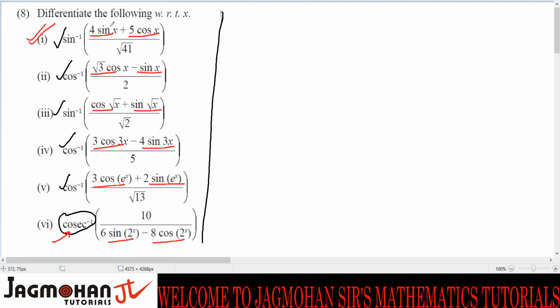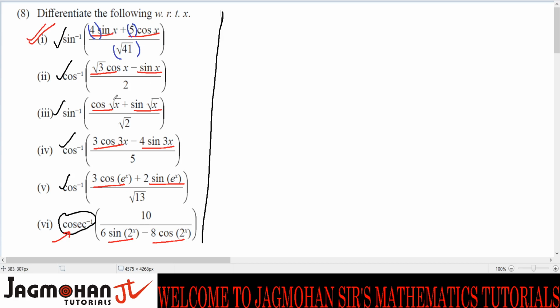And then you notice that there will be some coefficient of sine x and some coefficient of cos x. When you square these coefficients, the numbers which are multiplied to sin x and cos x, and add them, you will get the square of the denominator. What you will get, students? You will get the square of the denominator.